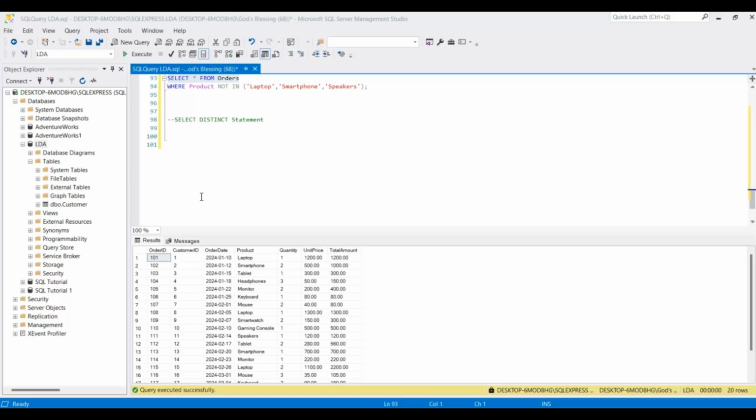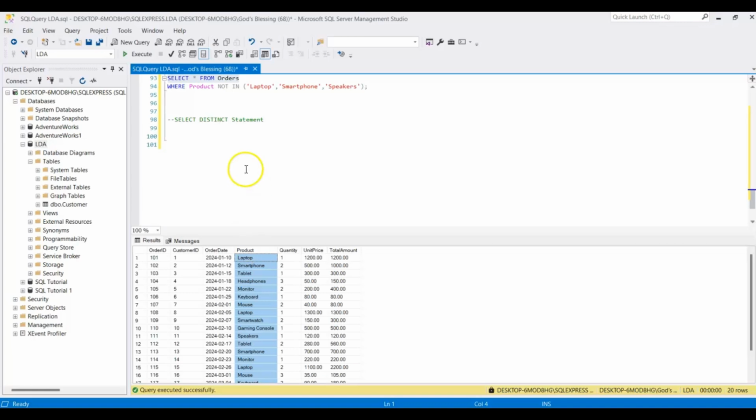So let's say, for example, looking at this others table, I only want to see the list of products that we have. Don't forget that we have duplicates in this field for product. You can see we have laptop here, we also have laptop here, and we have laptop here. So this will not allow us to know the number of products that we have, excluding their duplicates. To get the list of products that we have, not showing their duplicates, you have to use the statement select